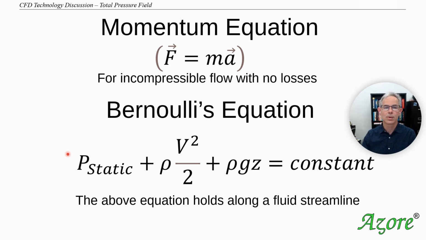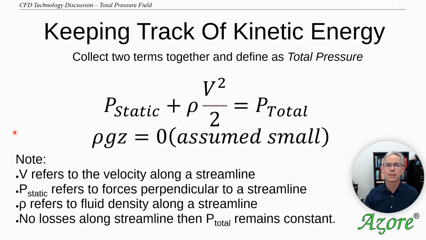So this is what we're really trying to conserve, conservation of momentum along a fluid streamline. Here we're keeping track of this kinetic energy, and for total pressure, it's typical to say that this term changes the effects of gravity, and we're really not that interested in it. We're only interested in the relationship between the static pressure, which is the forces along our fluid streamline, as well as the velocities along the streamline. So we're just going to assume that this is 0 and small and we're not interested,